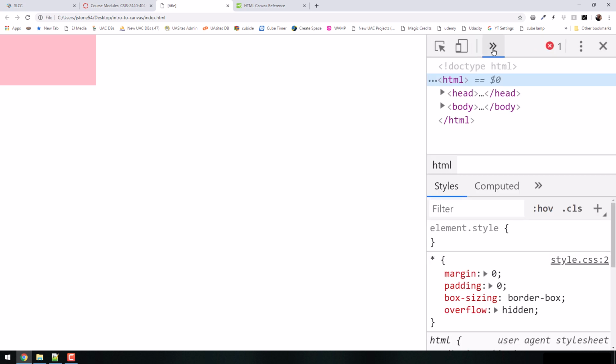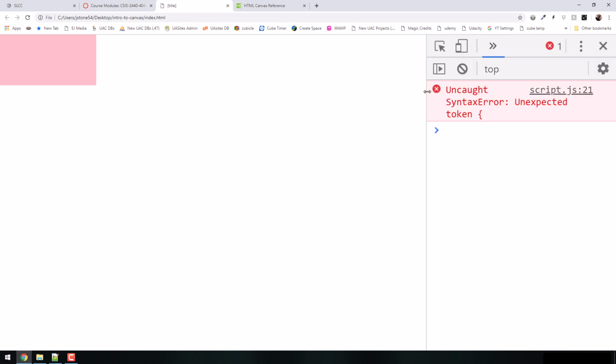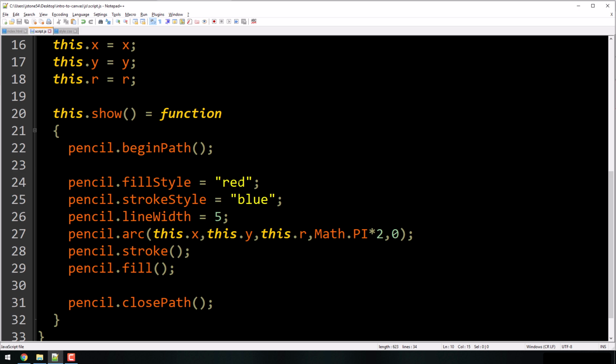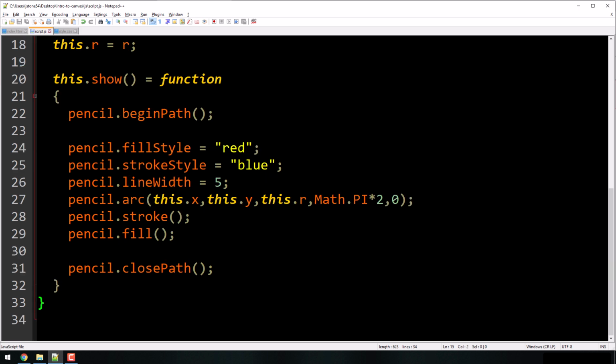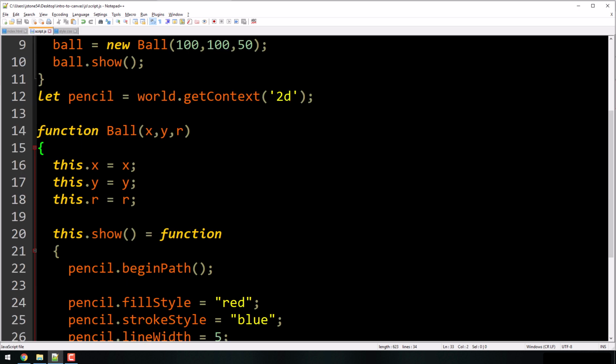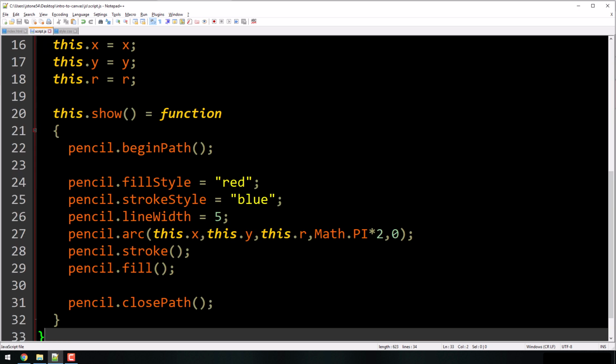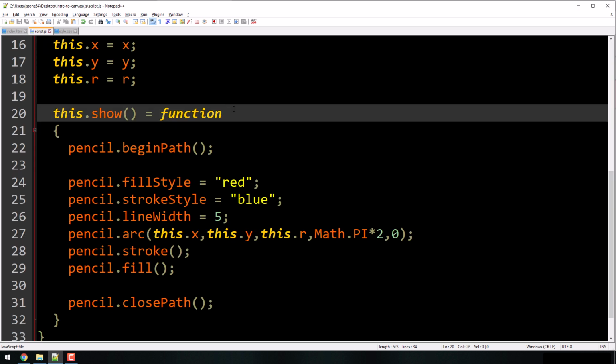And we probably got an error in my console. Let's take a look. What do we got? I must have an extra bracket somewhere here. Line 21. That doesn't look extra. What's this one go to? That's the function. You guys see it? Oh, I know. I'm missing my parentheses there. I did this backwards. Sorry. This is right here. Bad habit.